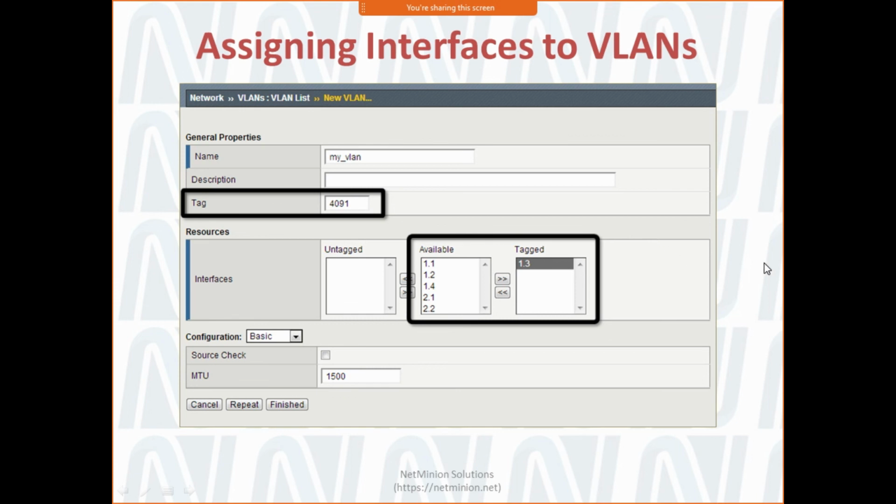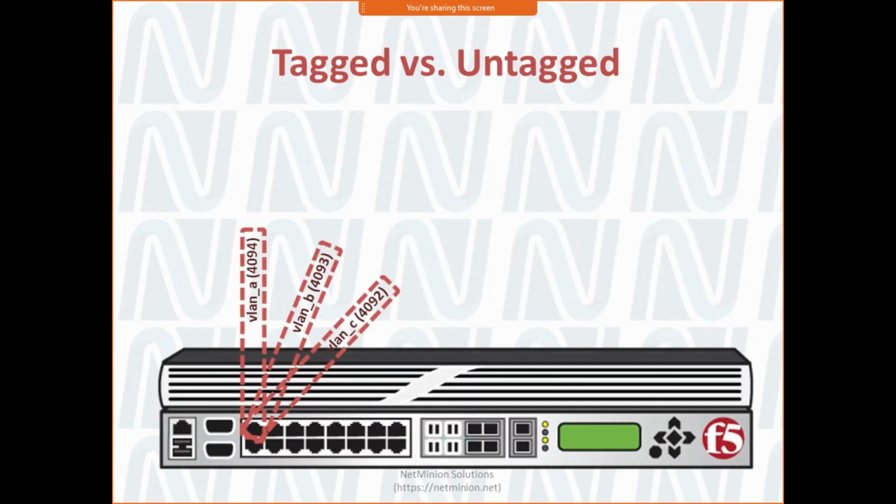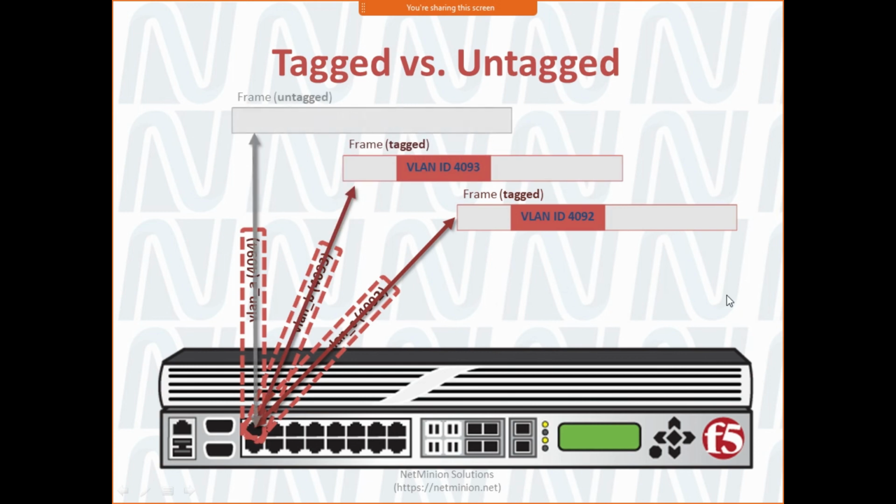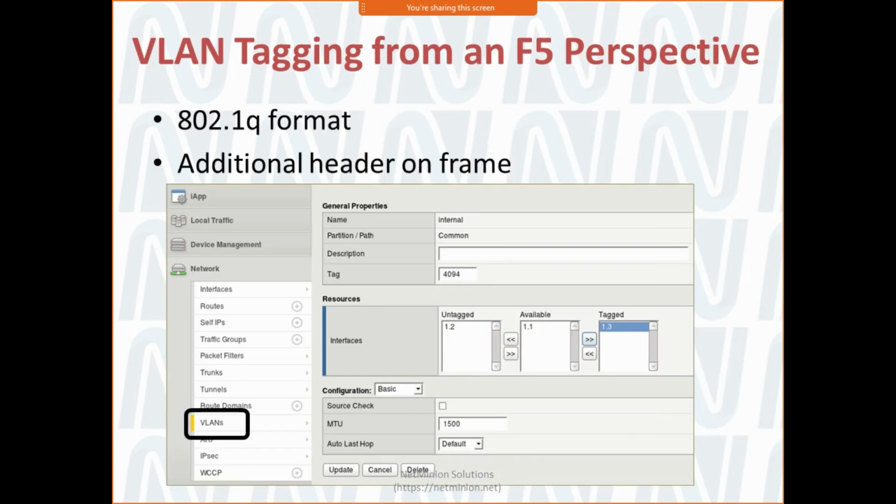So similarly, in this case we are tagging it, that okay, this will get tagged, and we are putting out the tagged also, so it can be a tagged interface, it can be an untagged interface, whatever you want to use, you can use. So tagged and untagged we already talked about: when you are using a tagged interface, it will be carrying multiple VLANs. If you are using untagged, it will be using only a single VLAN. So VLAN tagging we have talked about.